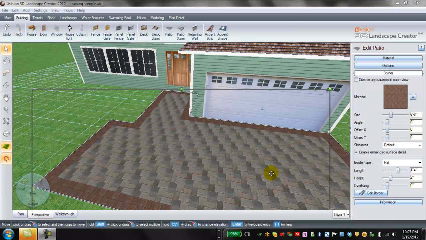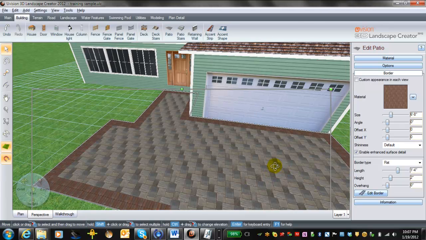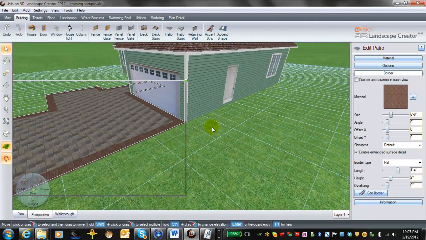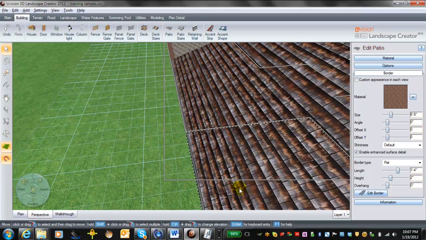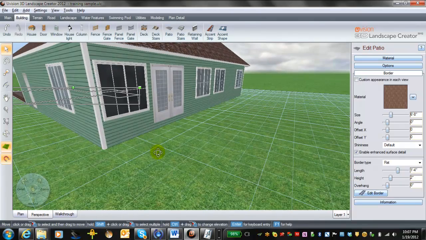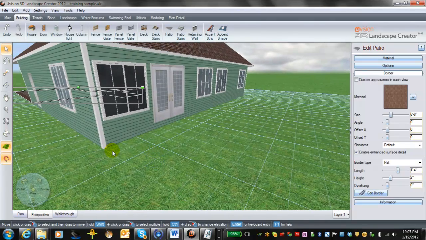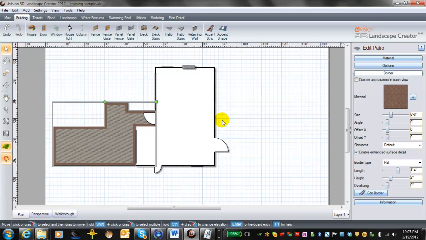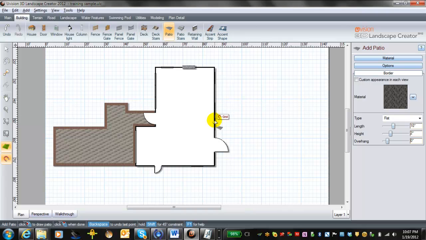Now let's go back to the back of the house, and we can do that by moving over and swinging around, and we get over to the back of our house and look at putting in a patio here. So why don't we go back over to plan view again, and we're going to have to put in our patio right here. Again, we use our patio tool, and we can begin to just draw, and we can put in 45s, of course, and we can build our complete patio